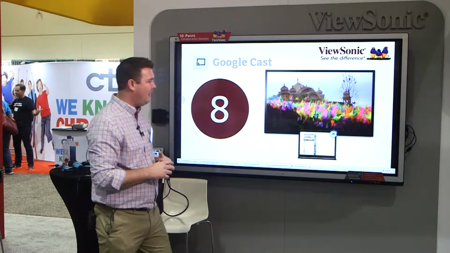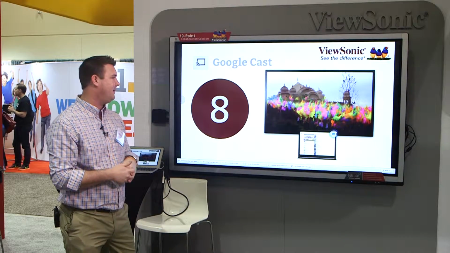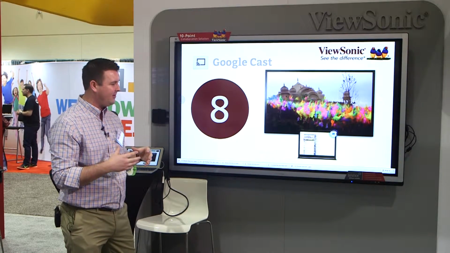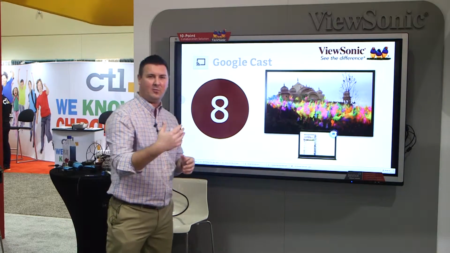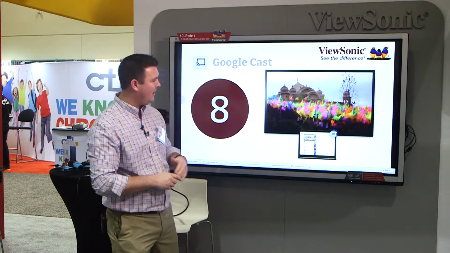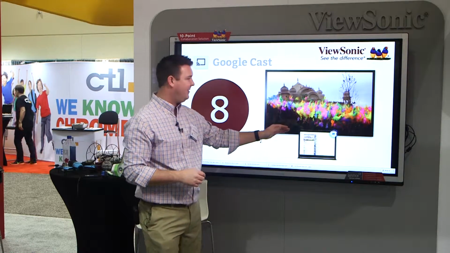Google Cast, you have to have Google Chrome to be able to use this feature. The Google Chromecast, that you plug into a TV, to a projector, something of that sort. And within the tab, all you have to do is hit the extension, and it will display that tab through Google